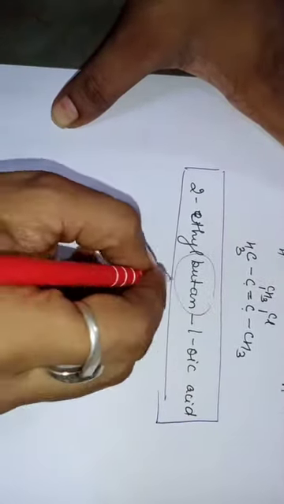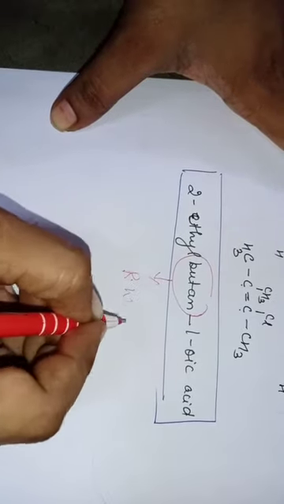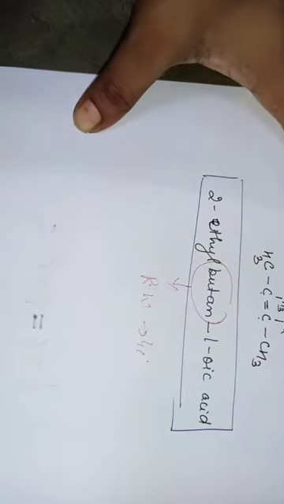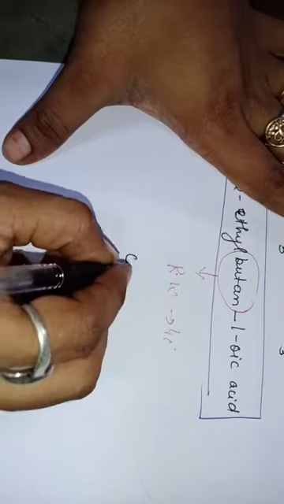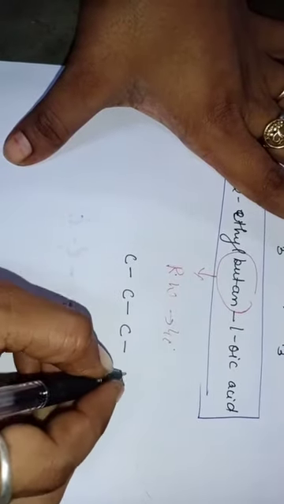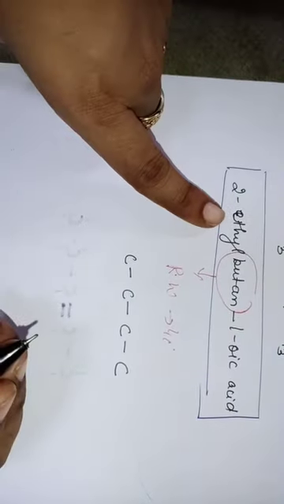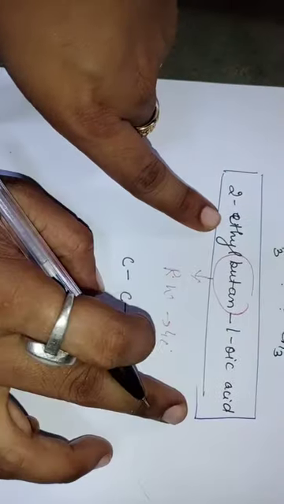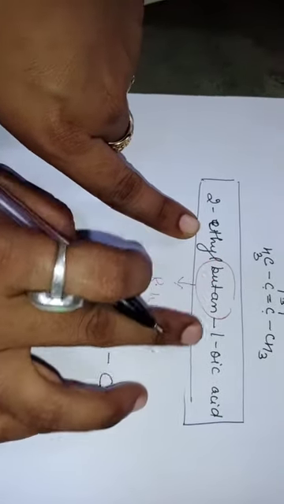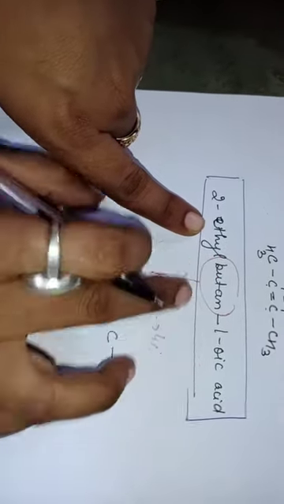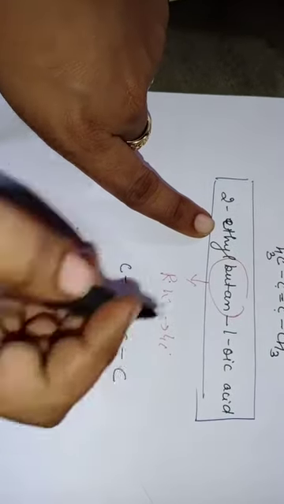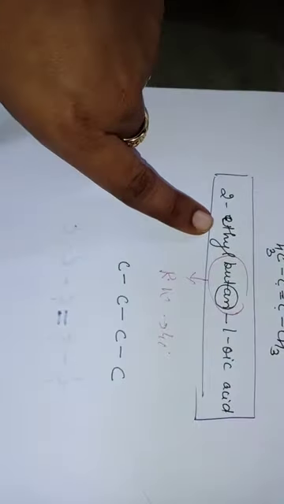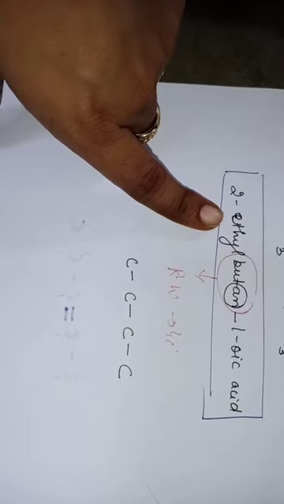Firstly, what you will do in this structure, you have to identify the root word. So this is my root word butan, that is 4 carbon. So I will draw 4 carbons, 1, 2, 3, okay, and 4. Okay, now identify the suffix. See here, there is no ene, yne, so that means the whole chain is what? A single bonded. See here, an, okay, that means the chain is single bonded.